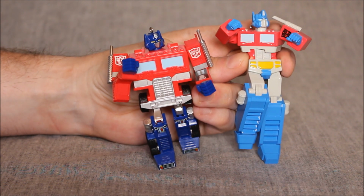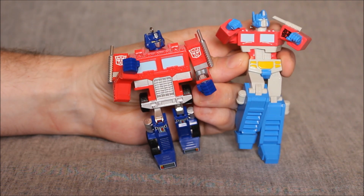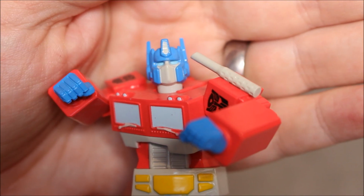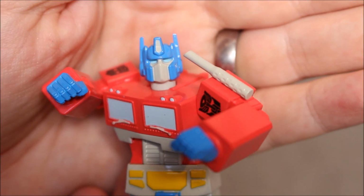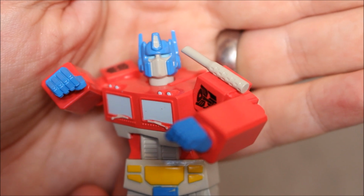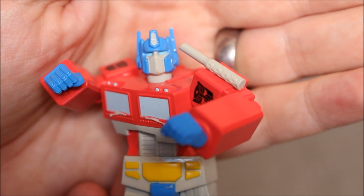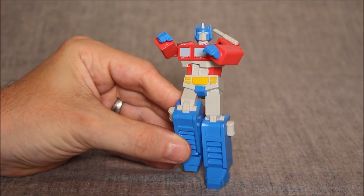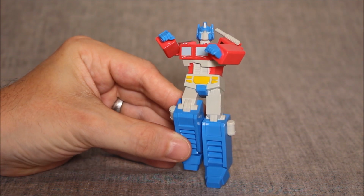Here's what I do like better about the 2022. The head sculpt, I love it. I mean, man, come on, that's gorgeous. The blue eyes, the gray mask, and up around his face, it's fantastic. So what about scores? Well, when it comes to Optimus, I certainly do want to move him, starting from the